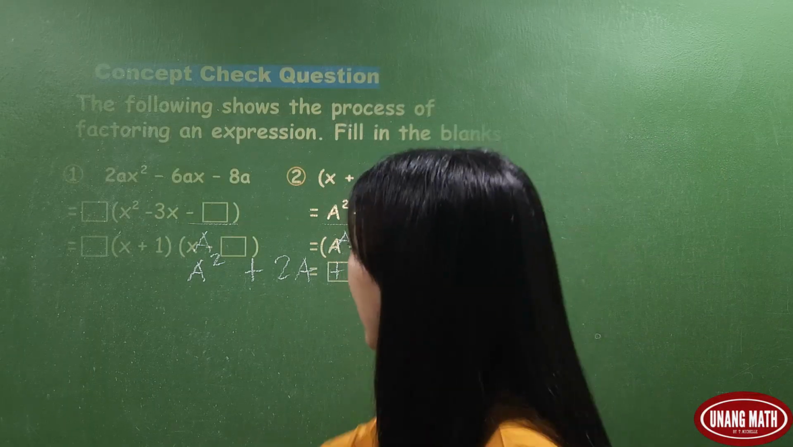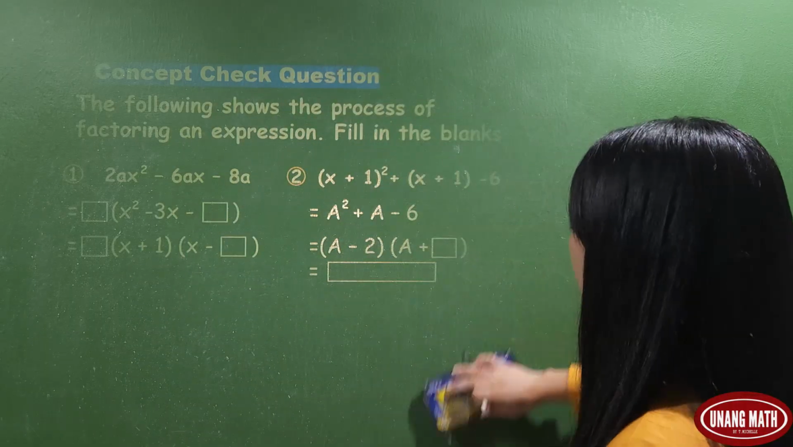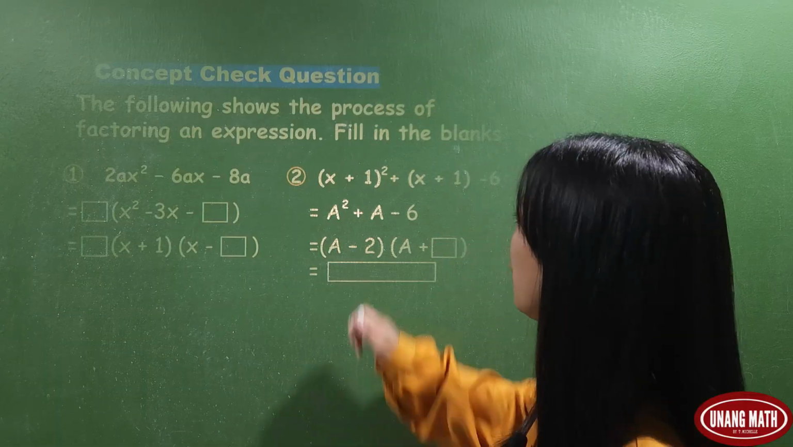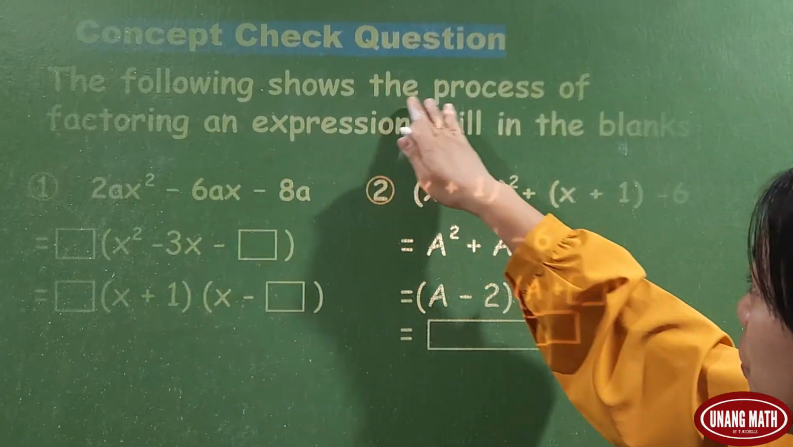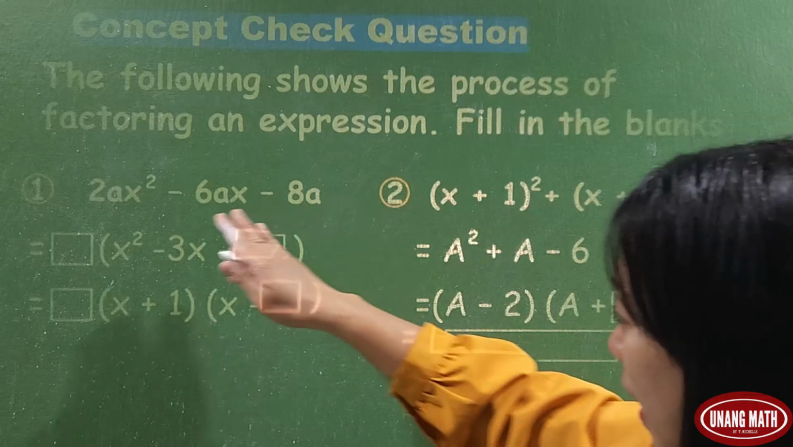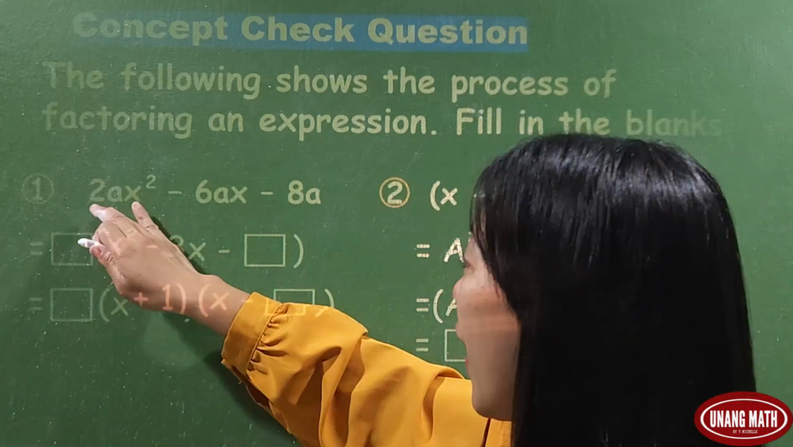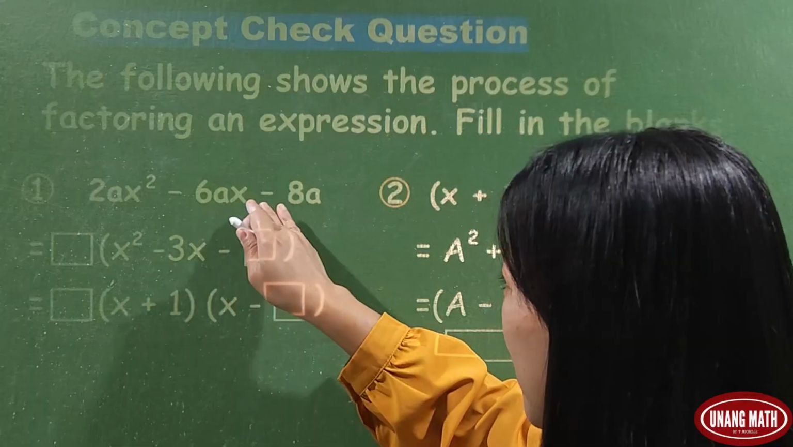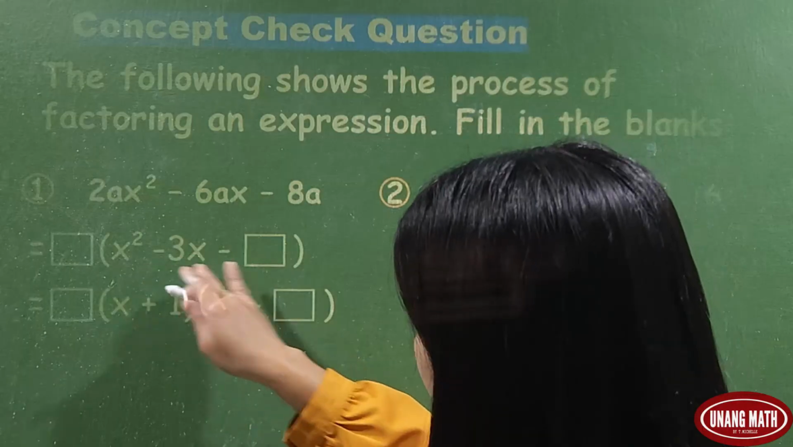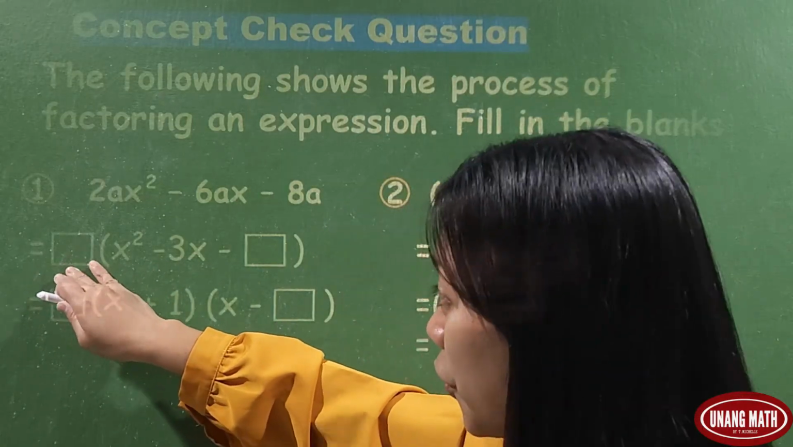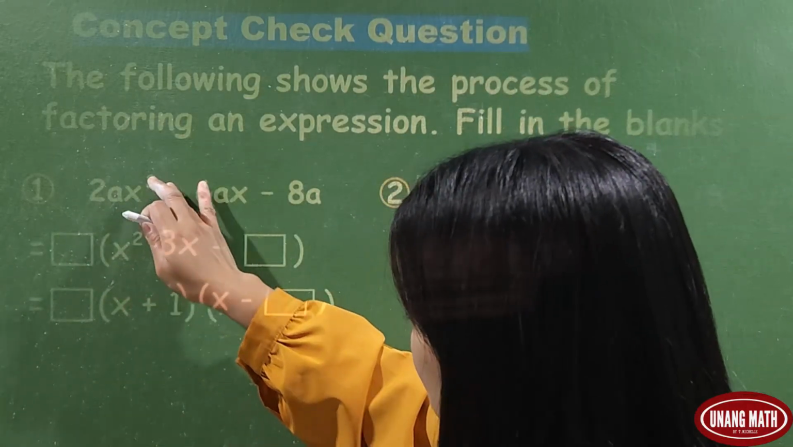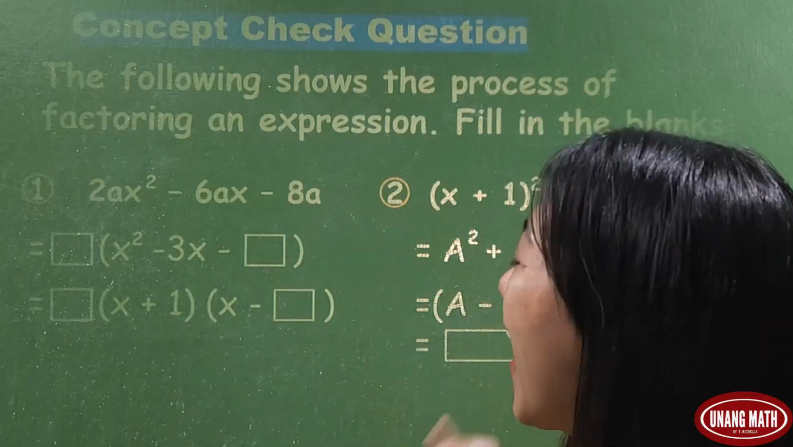This time, let's try this concept check question as our additional examples. We're going to fill in the blanks. The following shows the process of factoring an expression. So we have here two expressions. Let's start with this first one: 2ax squared minus 6ax minus 8a. So there is an expression inside the parentheses. It means the term or number outside is a common factor. So the common factor of 2ax squared minus 6ax minus 8a is